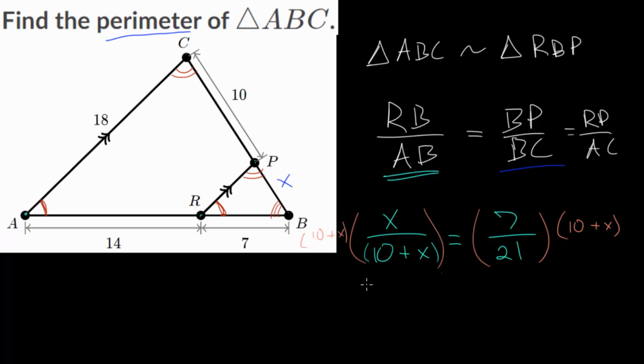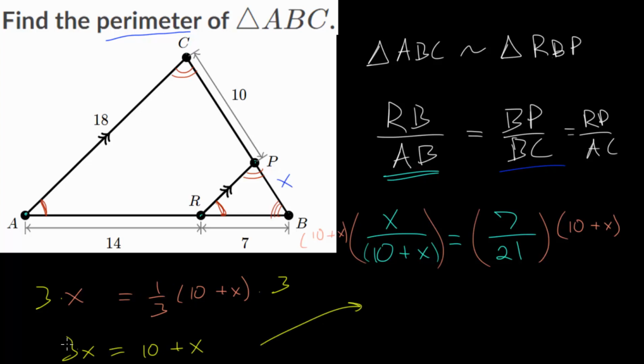So on the left, they cancel. We just get x on the left. And on the right, this simplifies to 1/3 times 10 plus x. Now, let's also cancel out this fraction. We can just multiply everything by 3, so that 3 times 1/3 is just 1. We have 3x. The 1/3 and the 3 cancel, and we just get 10 plus x, which is now a